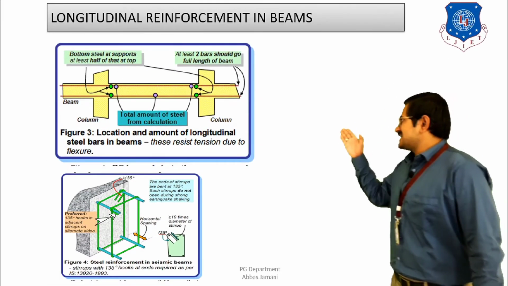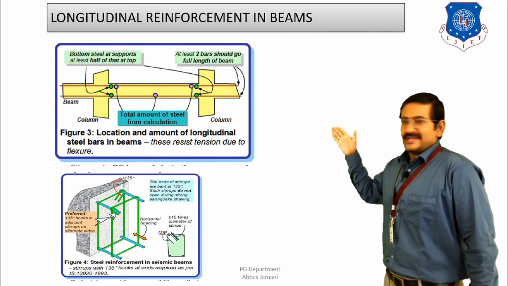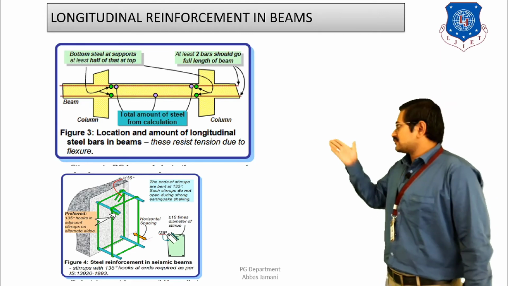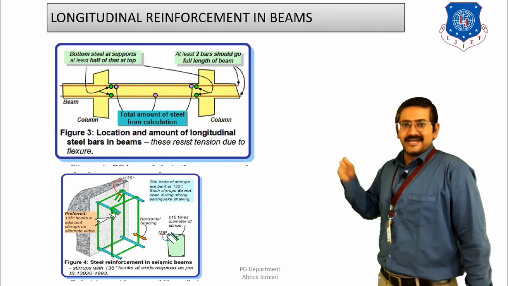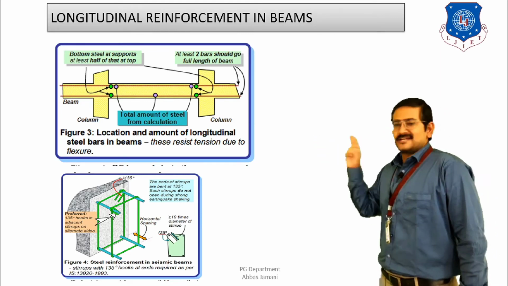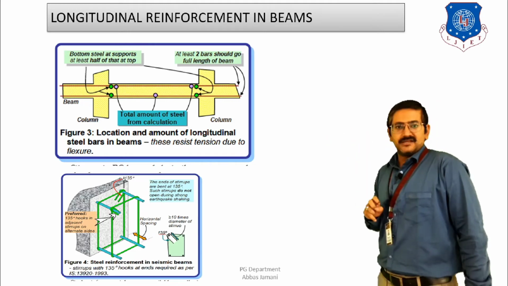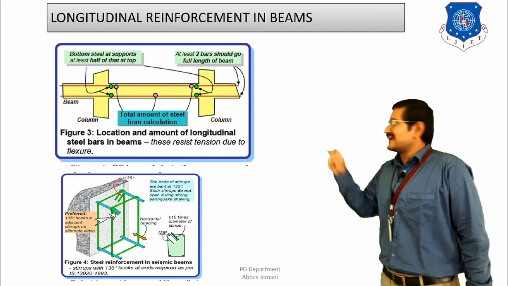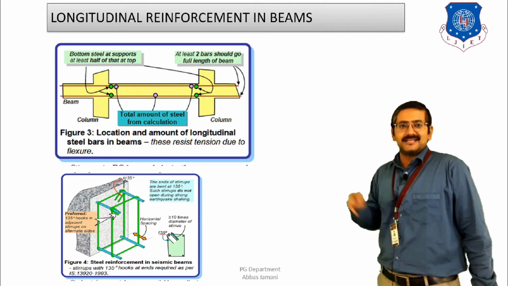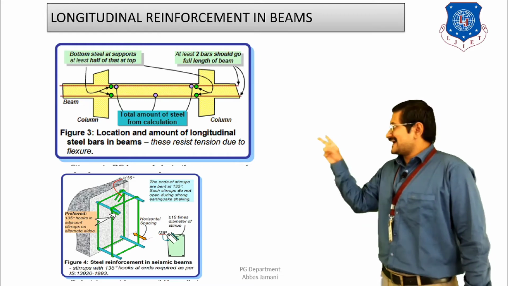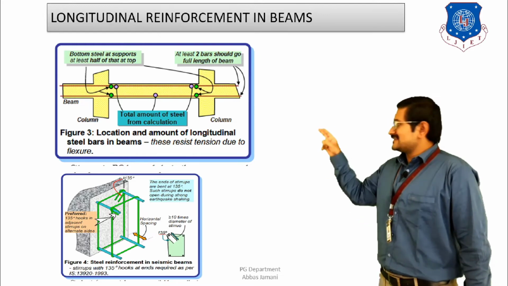Now as you can see in the figure, a longitudinal section of a beam is shown, right? Two bars are shown. One bar is at the top, going through and through. The second bar is at the bottom, also going through and through. So you can consider these bars as following the first clause, that is, 2 12 mm bars to be provided through and through. The second guideline is that near the support section,